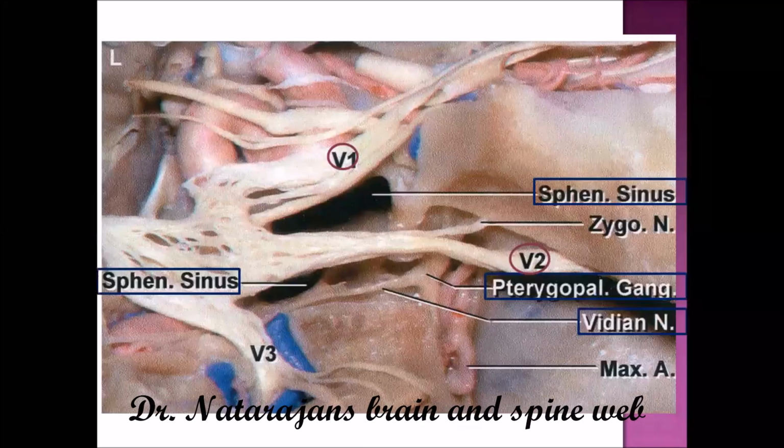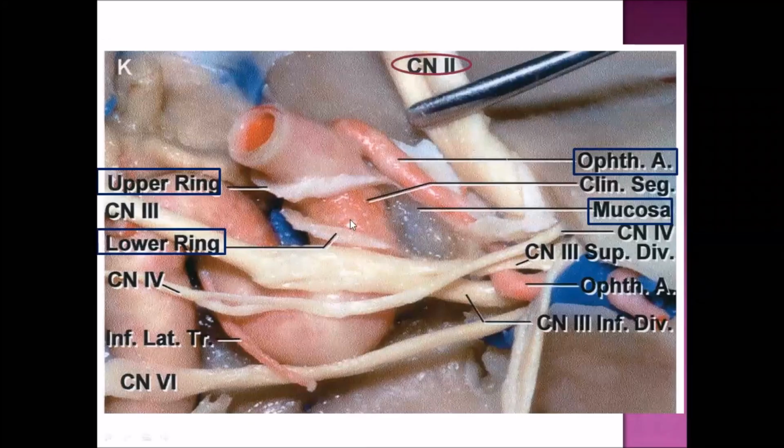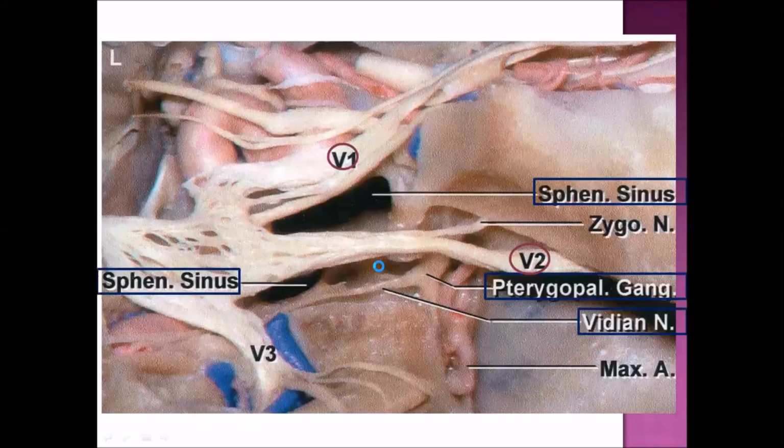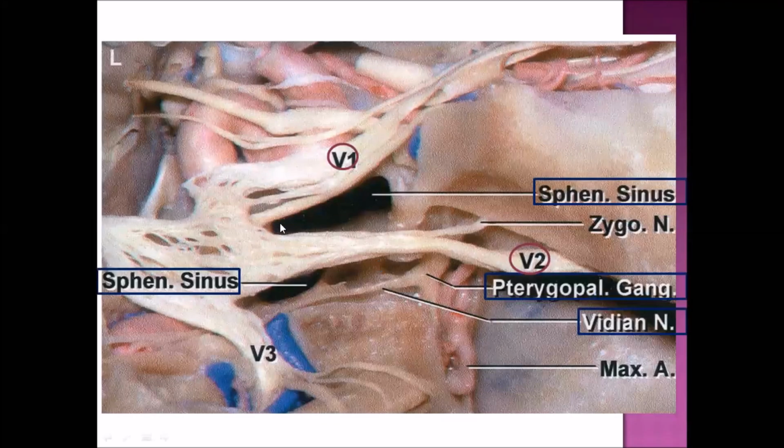Now the entire part is being drilled. Now all the structures are removed. Now adding the whole anatomy. So this is the V1, the ophthalmic division, and now we are seeing the sphenoid sinus, and then this is